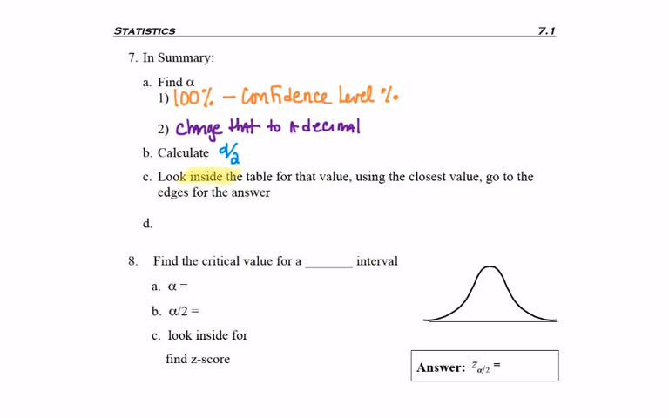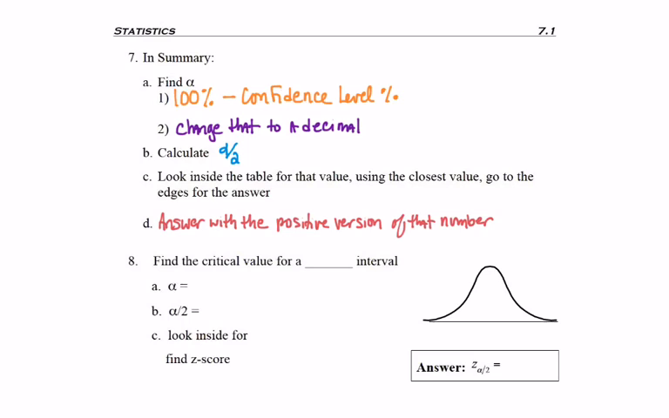Then we look inside the table for the value, going with whichever z-score is closest from the edge. And once we get that value, we're going to answer with the positive version of the z-score we just found. So recapping our example, if I'm asked to find a critical value, or a z alpha over 2, they're the same thing,